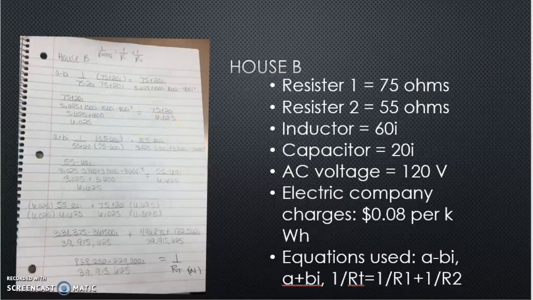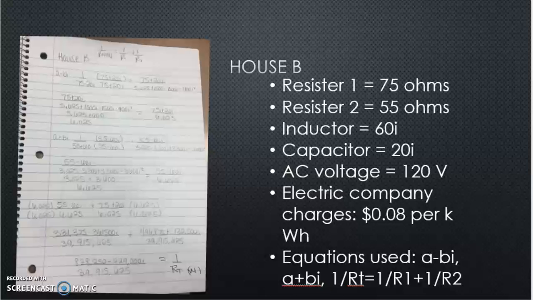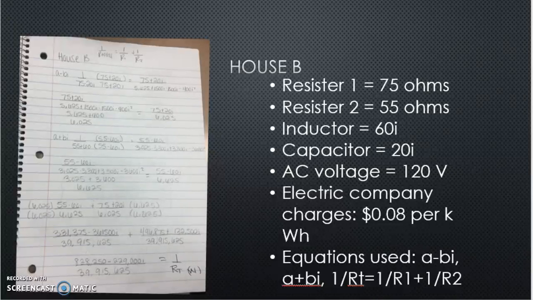And then next, for resistor 2, I did A plus BI. So I did 1 over 55 plus 60I. And then for that equation, I got 55 minus 60I over 6,625. After that, I combined R1 plus R2 to find the total. And I multiplied them by their common denominators. And when I combined them together, I got